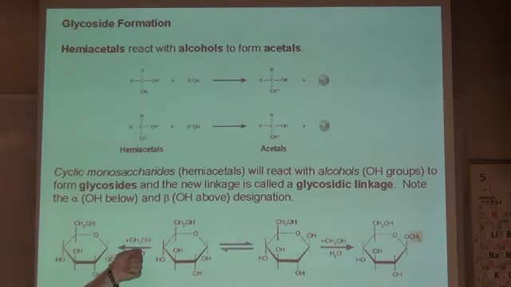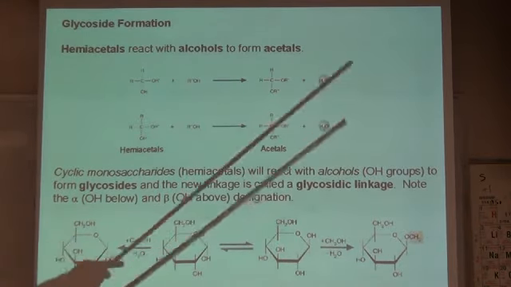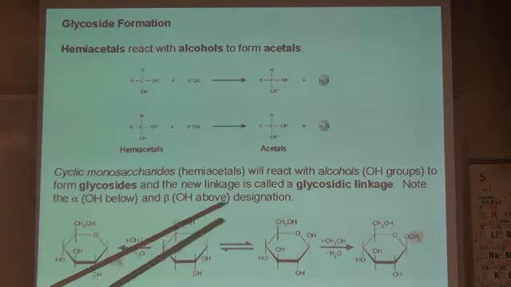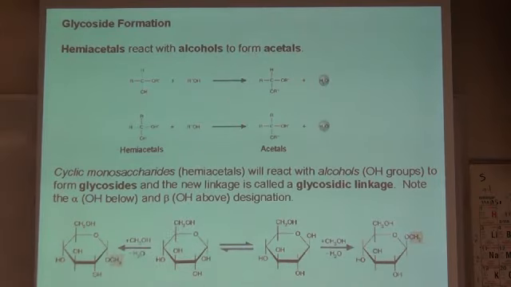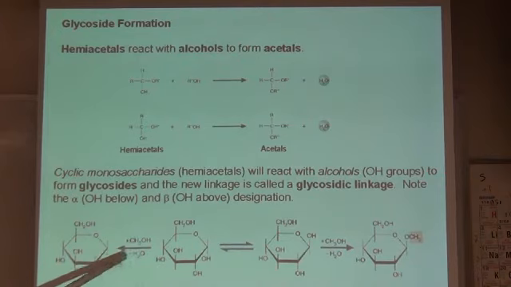You can react these with other OH-containing compounds to produce glycosidic bond linkages. This one we picked methanol. We were using the alcohol OH, but I'm sure you can tell where I'm going with this, right? All of these sugars have a bunch of OH groups on there, don't they? So why can't these sugars react with each other and form these bonds between each other? That's exactly what happens.